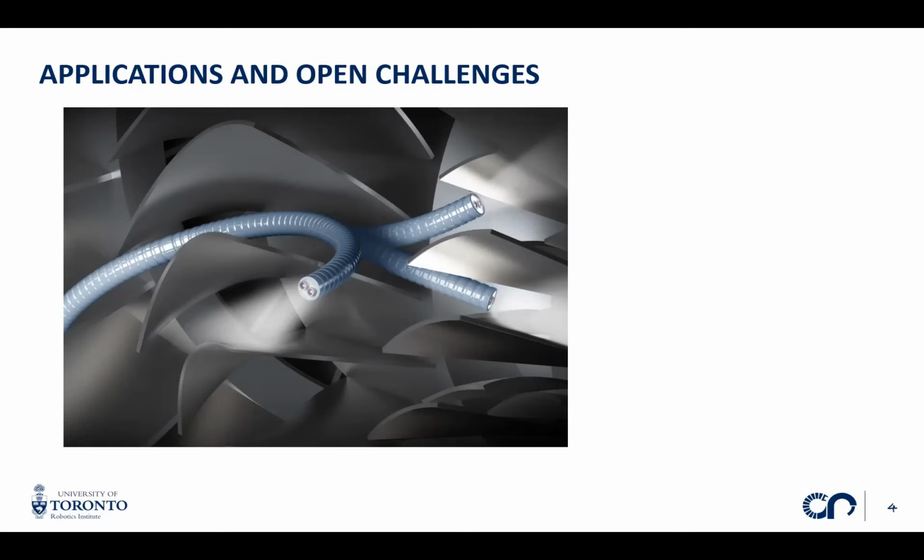In this specific example, we can see the inside of an aircraft engine, so we can see the turbine with its individual blades. One idea would be to use these tendon-driven continuum robots to enter this turbine through the borescope hole, and then navigate in this highly constrained and cluttered environment to reach different sites, inspecting these blades and potentially even repairing some damage that we find on these blades. That's a task that's right now done manually with manual borescopes, but this could potentially be done